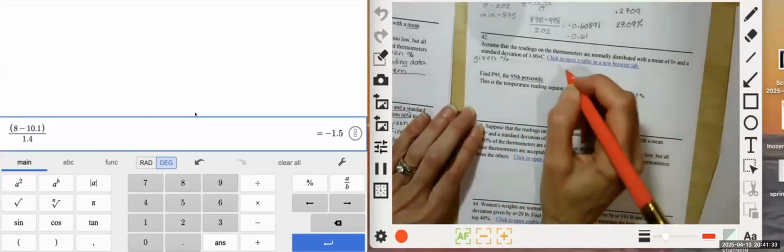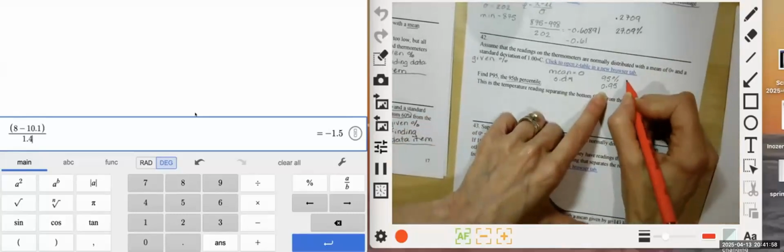So let me write down what we're given here. We are given a mean of 0. Our standard deviation is 1. And we're given the 95th percentile, which would be 0.95. So given percent,